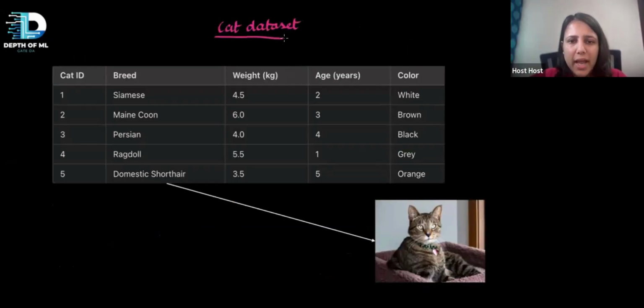Okay. I have this cat data set where I have cat IDs. So this is cat 1, cat 2, cat 3, cat 4. What are the features here? How many features are there? This is just an ID. It's not usually a feature. So this is not a feature,